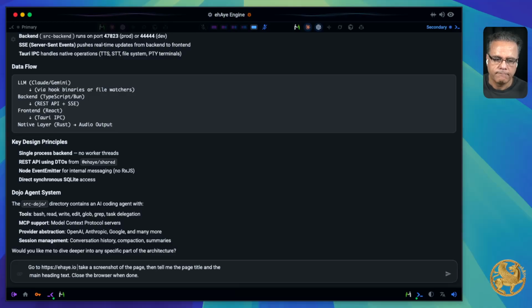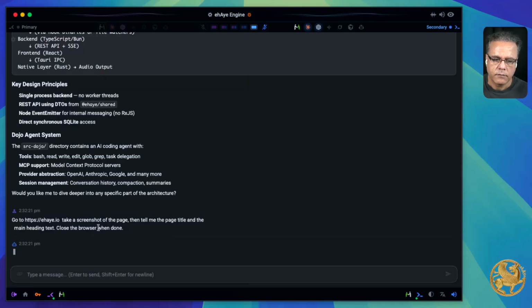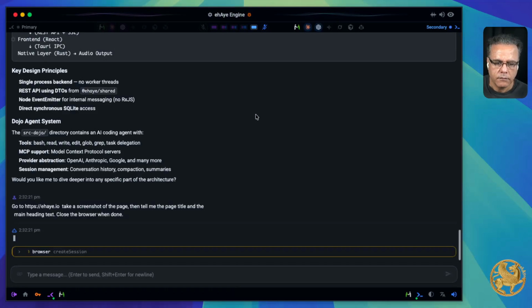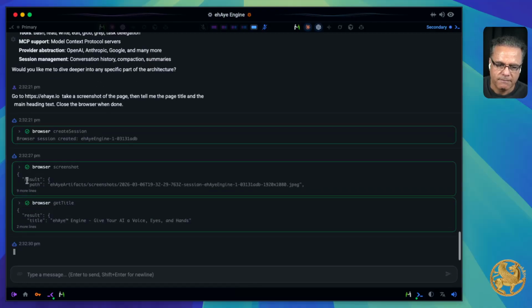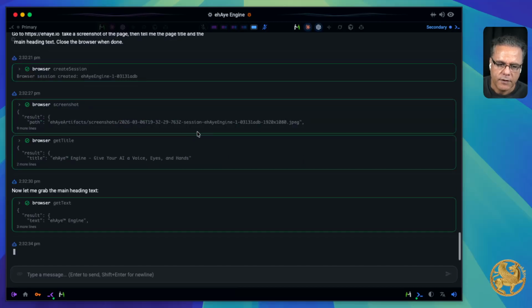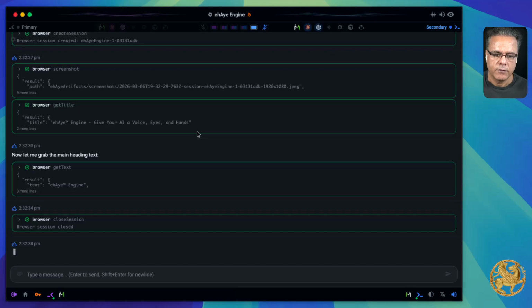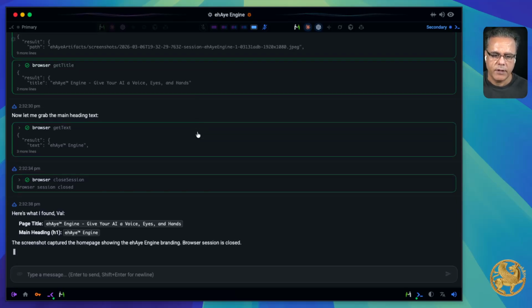There we go. The browser tool initialize message from the Dojo browser logger appears consistently, including through hot reload cycles. The backend is healthy with all services connected and SSE clients subscribing normally. It is using our tool. Our tools are being used. See how fast it's doing this work? That's going to get back to me.